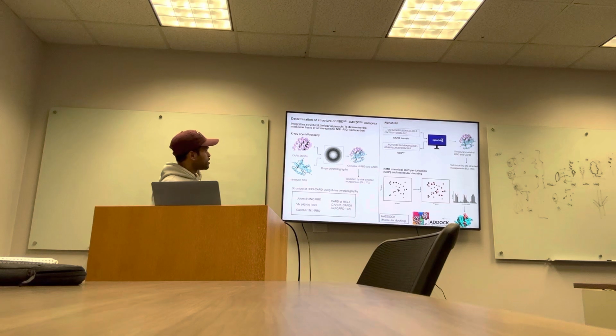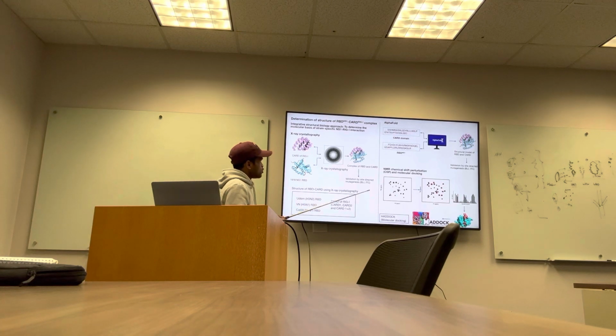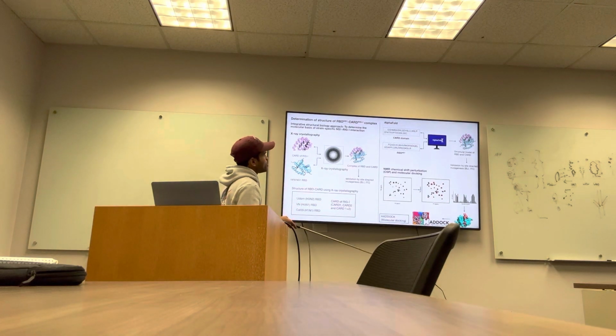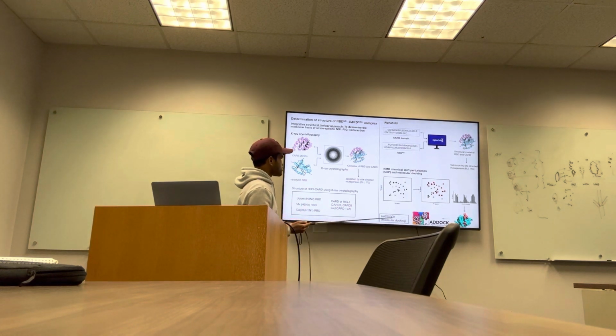Again, we'll use an integrated structural biology approach to determine the structure of the complex of this RBD with the CARD domain alone using X-ray crystallography, and we'll also include the RBD domain of other strains which interact with the CARD domain. We'll again use AlphaFold 2 to determine a structural model of the complex of RBD and CARD, and use NMR methods such as chemical shift perturbation with molecular docking. So let's say